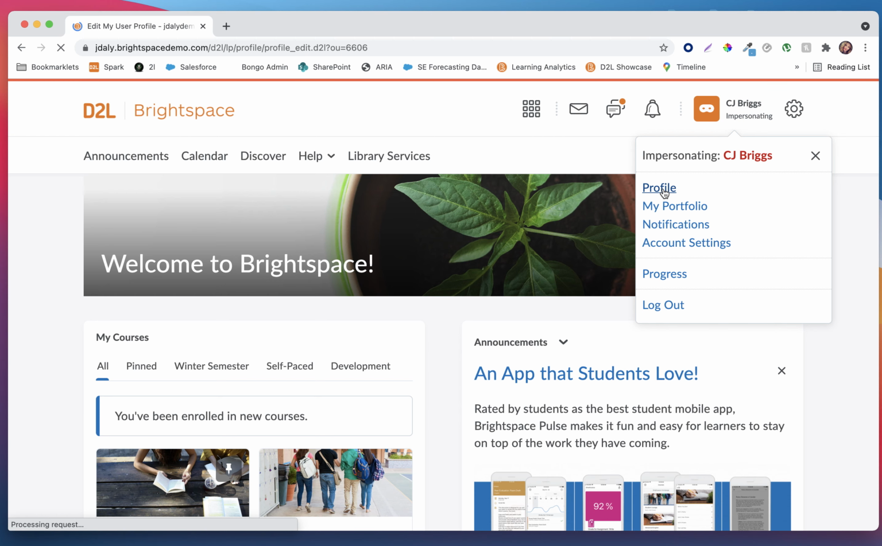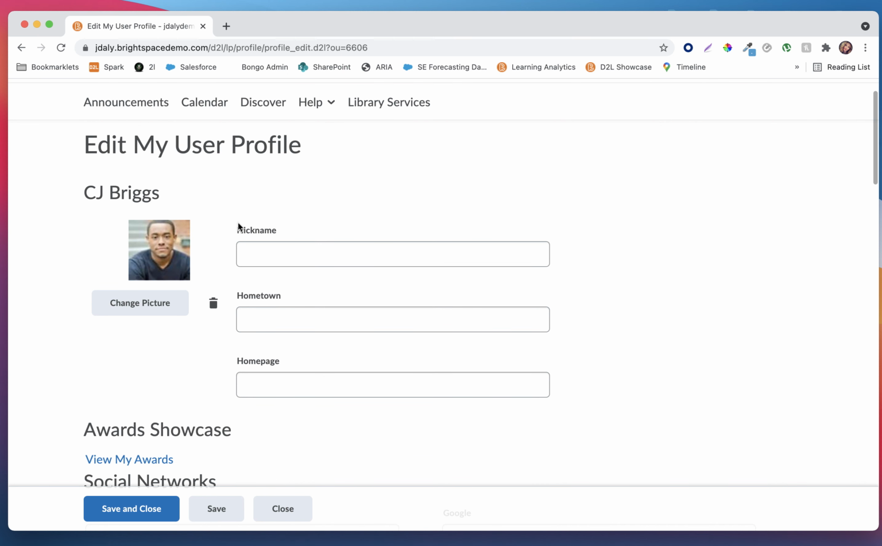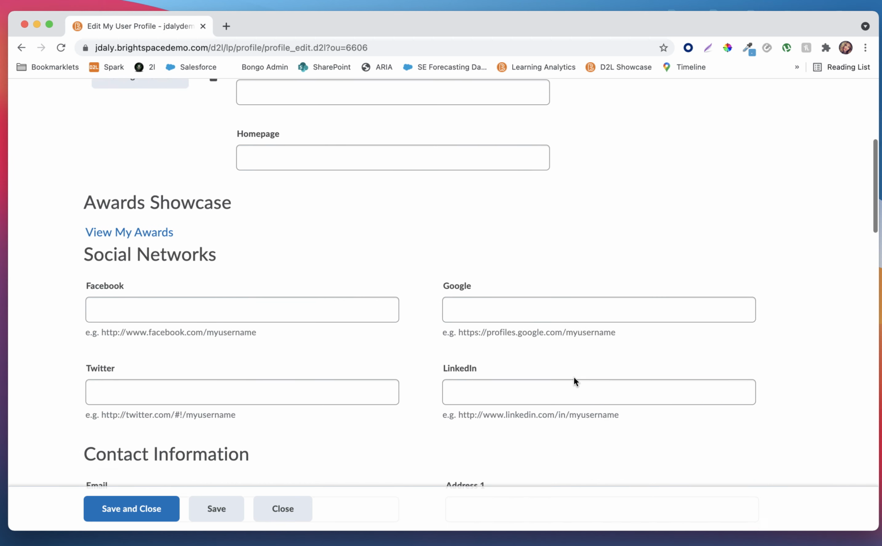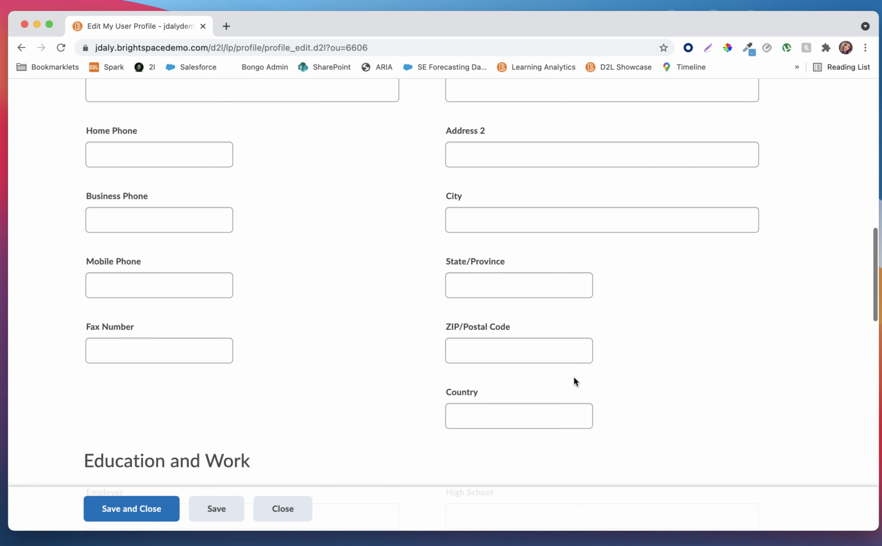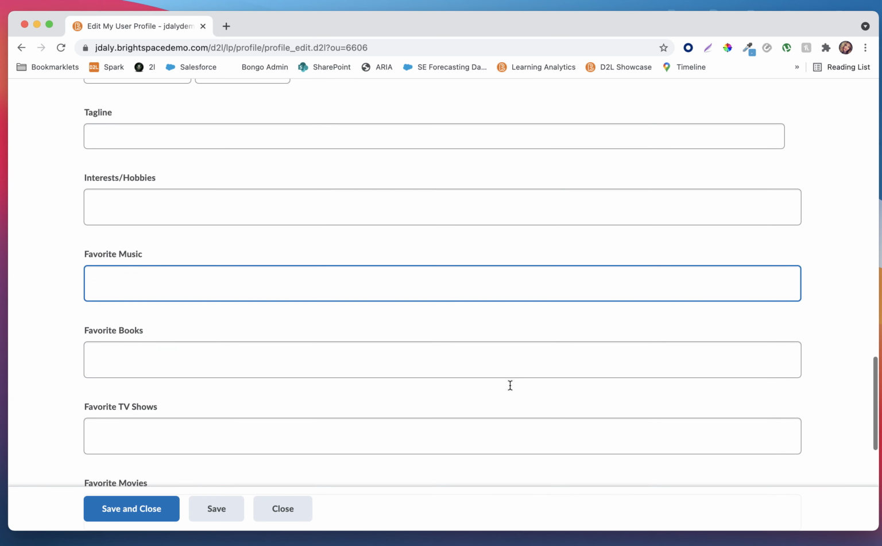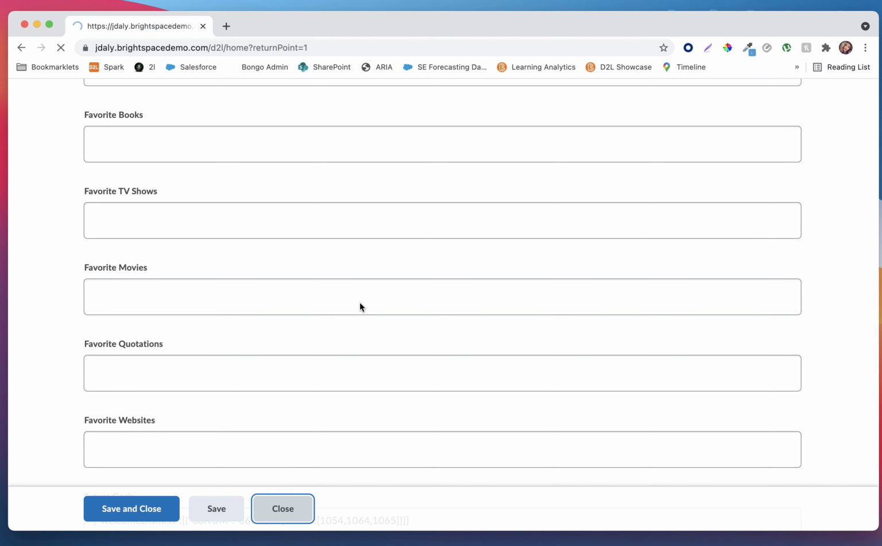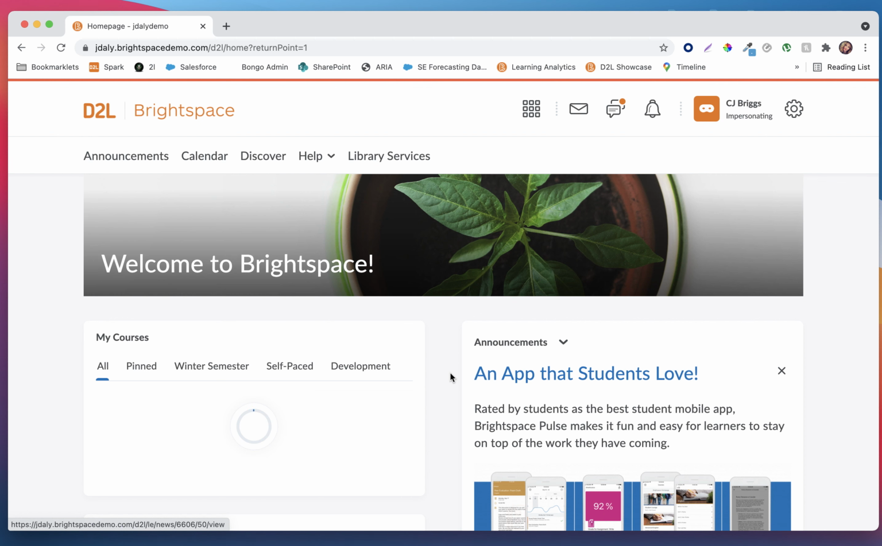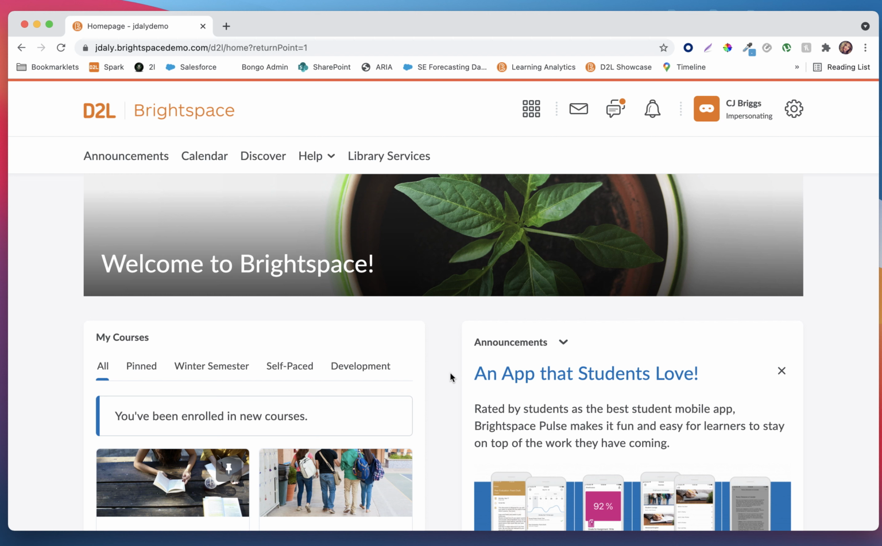By selecting the profile section, we have the ability to jump in and change our image, our nickname, our hometown, or even home pages, and add options like preferred names and education and personal info. Once I'm done creating my profile, I can go ahead and jump back to the main level of the Brightspace